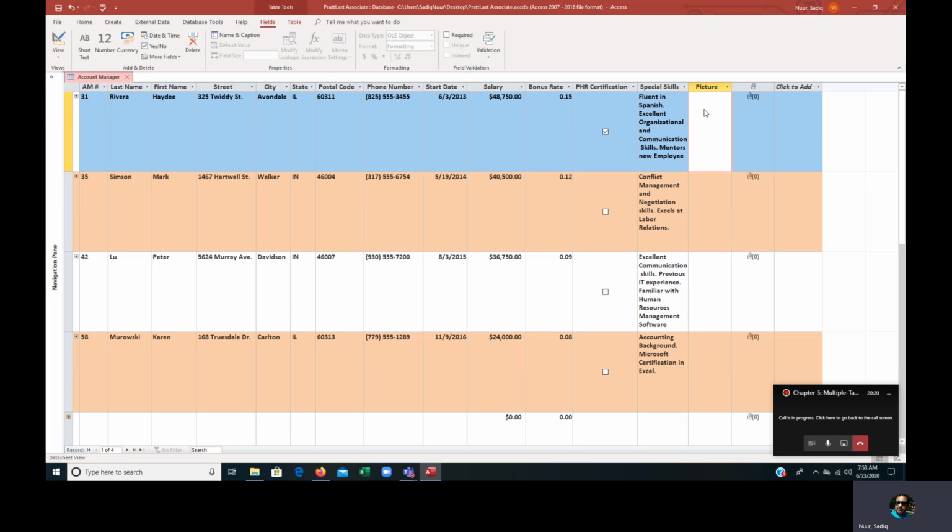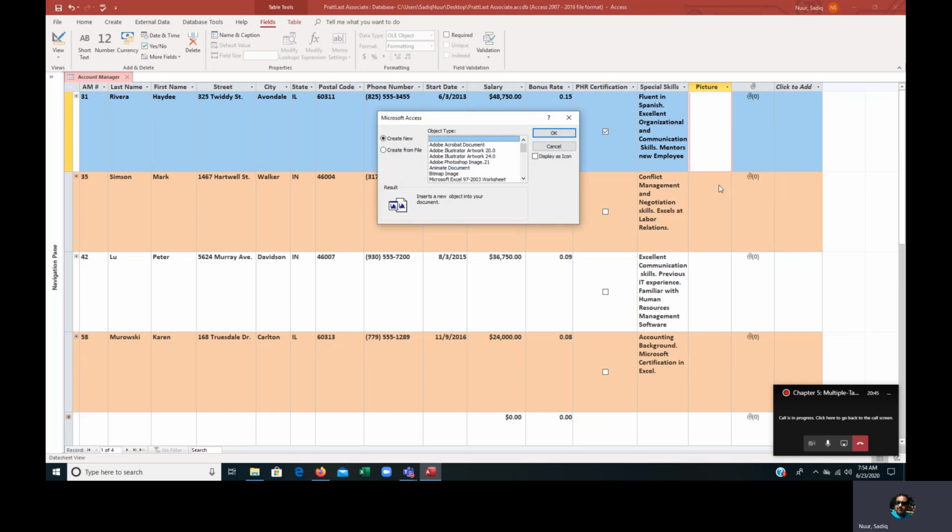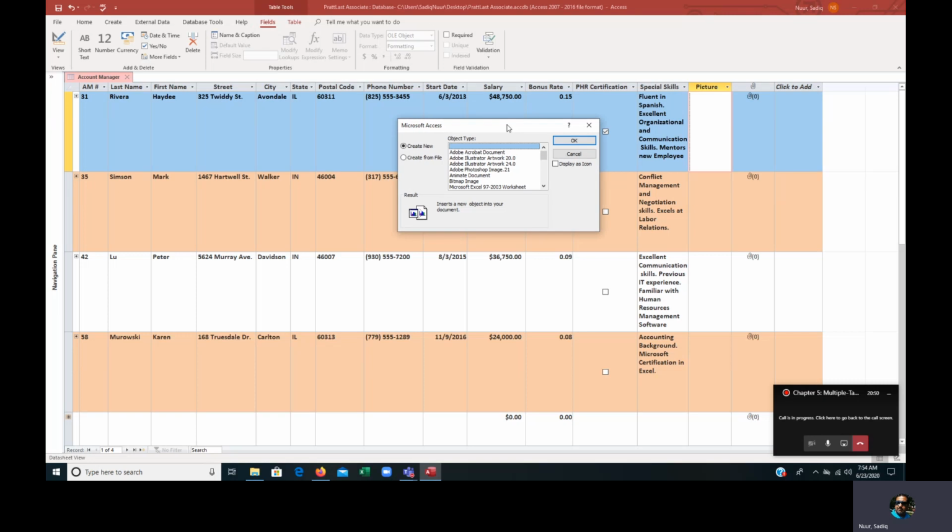obviously now to insert data into an OLE object field, you will have to use the insert object command on the OLE field shortcut menu. To show you how to do that is this. You have to do right click and then you will see insert object. Once you hit insert object, it's going to open this dialog box, and then I want you to click on create new,